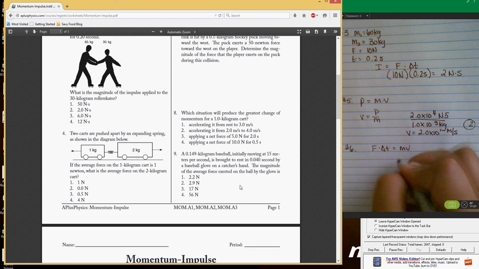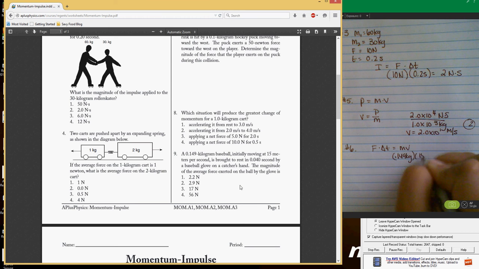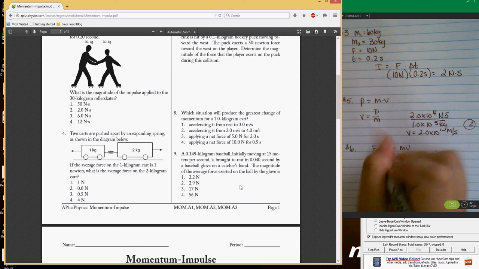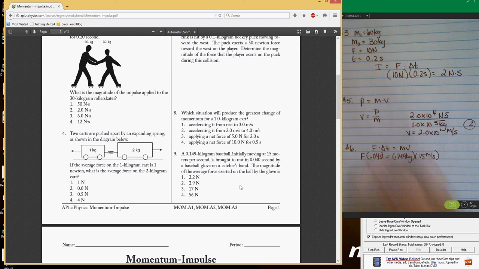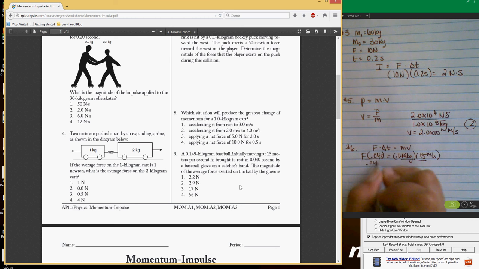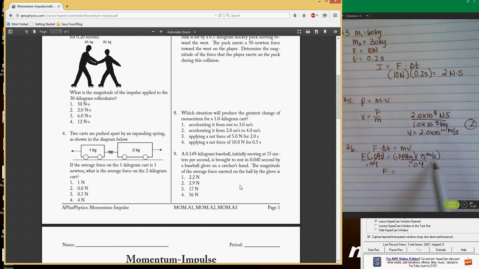We know that the mass is 0.149. We know the velocity is 15 meters per second. We also know that the time that it occurred was 0.04 seconds. So we're looking for the force. So we're going to divide each side by 0.04. And force is equal to 0.149 times 15 divided by 0.04, and you should get